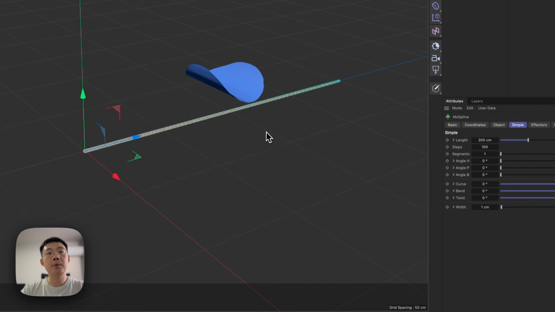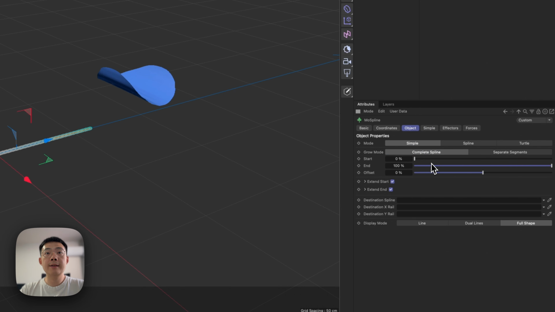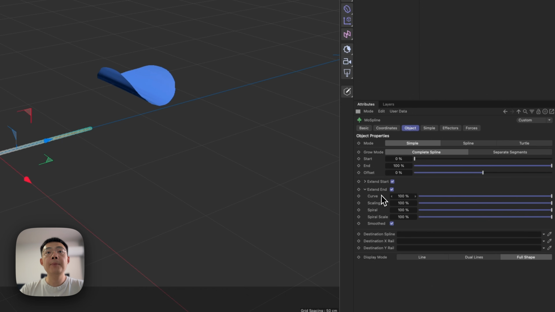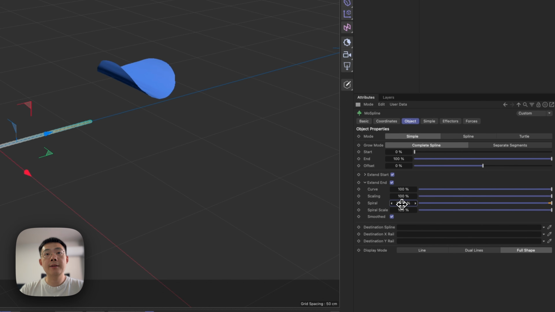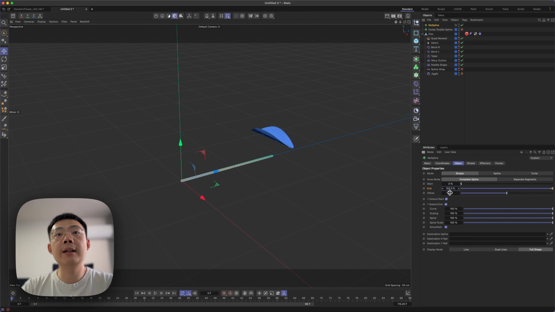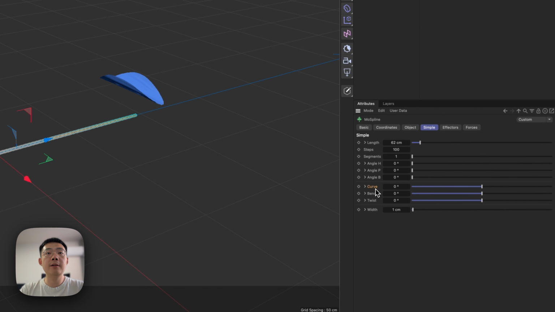Okay, so this is what the default mouse spline would look like. I'm just gonna make it shorter. Then if you actually play with it, toggle this little arrow down, you can see more options. And what you can do is actually make this go above 100, like this. But now you can't see anything because the end is at 100, which is my fault. You should probably get this end way above 100, and then you can actually toggle with the curve, bend,